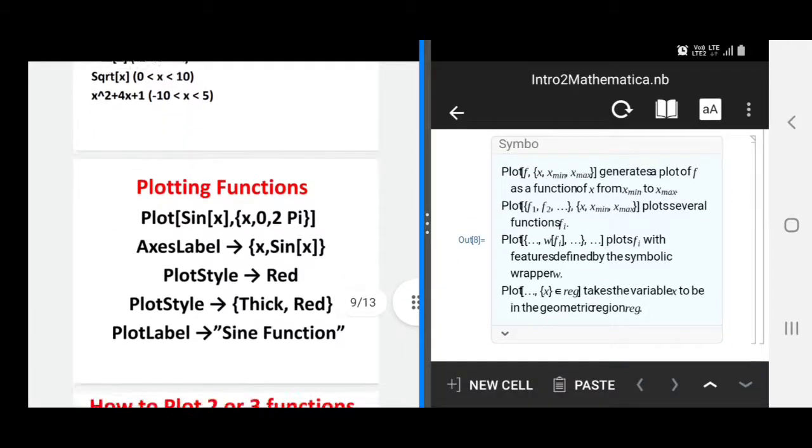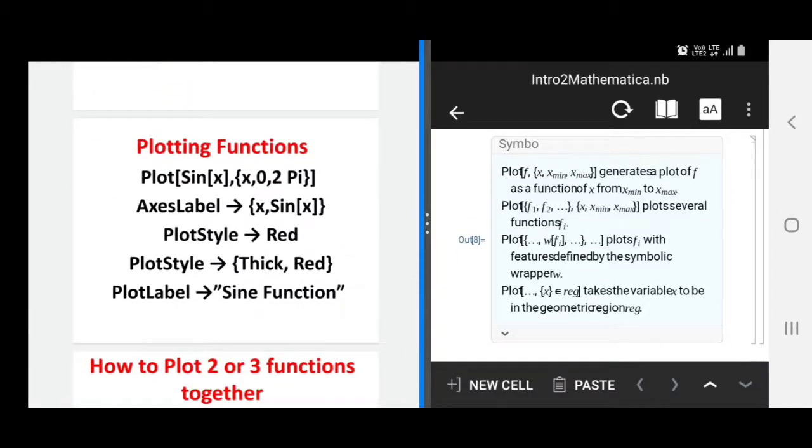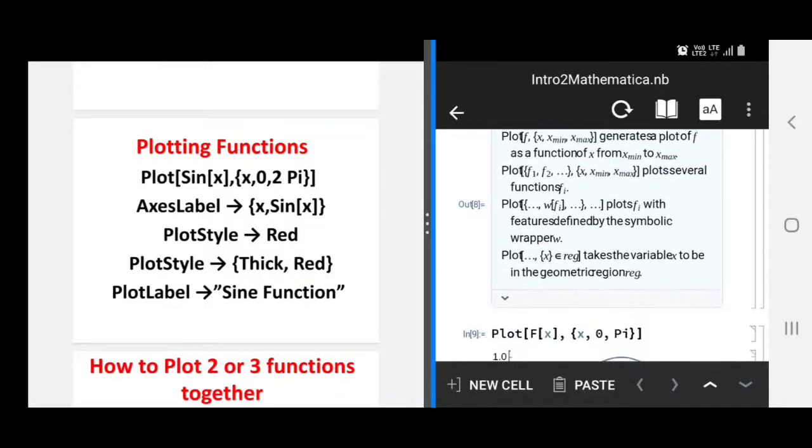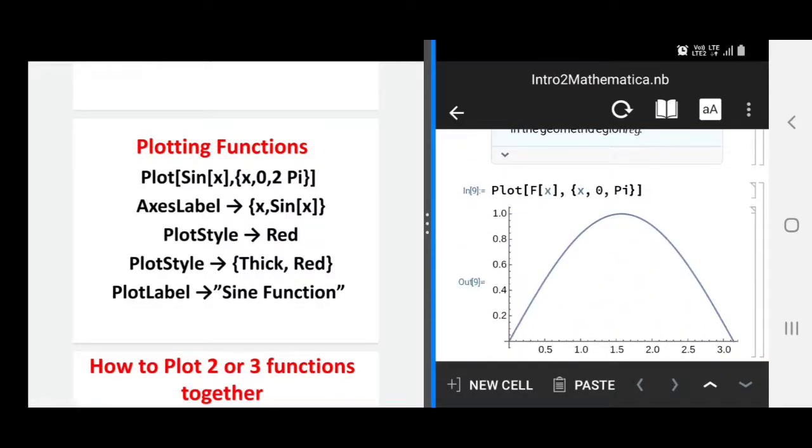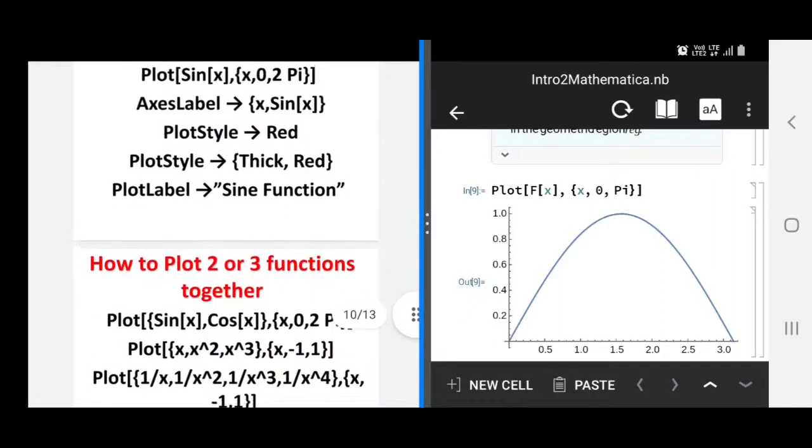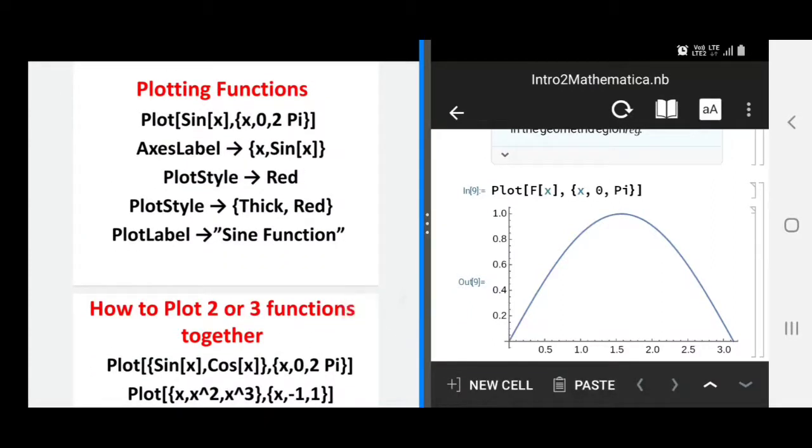So again coming back to the point, similarly we can do this. Now we want to beautify this plot. Doesn't it look much simpler, only blue lines and nothing else labeled? So we can add some more options to the plot, and those are called AxesLabel, PlotStyle, okay, PlotLabel, and that's all. So what happens in axes label, label means whenever you were in smaller classes